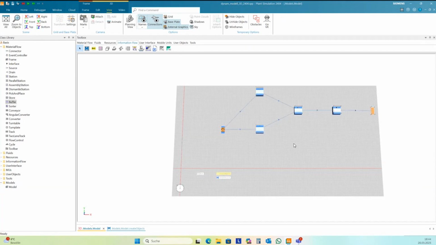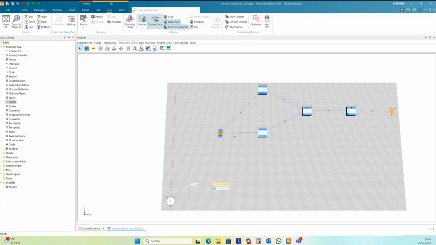Much more complex is if you have transport stuff here, if you want to create conveyors or tracks and so on. And this is a little bit more complicated. But the basic approach with these 3 steps is still the same. You have to derive the class. You have to position and connect all this stuff together.